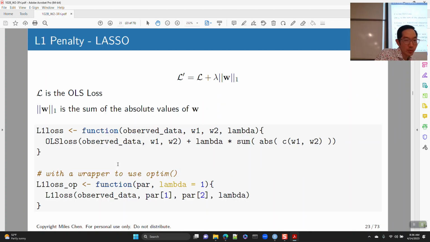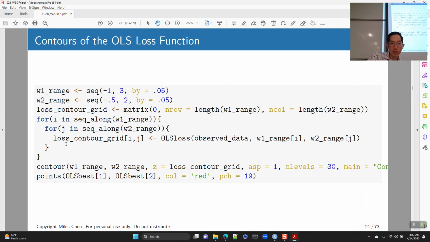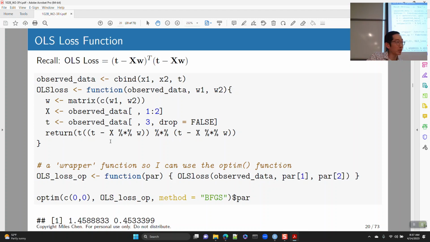What happens when we do the L1 penalty? Okay, so when we apply the lasso, here I'm going to just write that as a function in R. I'm going to say the L1 loss is a function, and here I plug in the OLS loss. The OLS loss is this function that I've written back here, which just does T minus XW transpose times T minus XW,